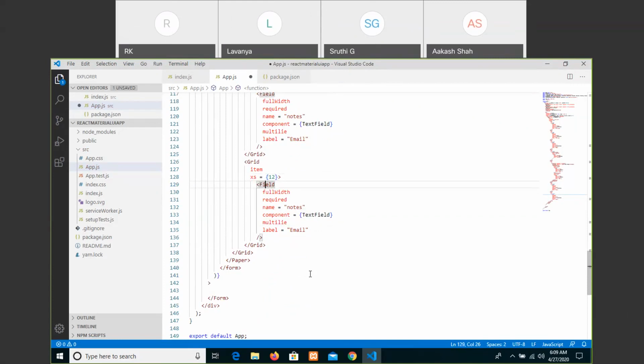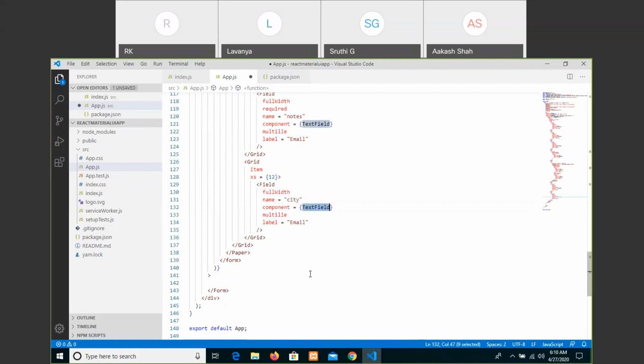Access 12 and field the full width name. As it is a drop down, we can directly write, and let me write here city, and it should show as a drop down.